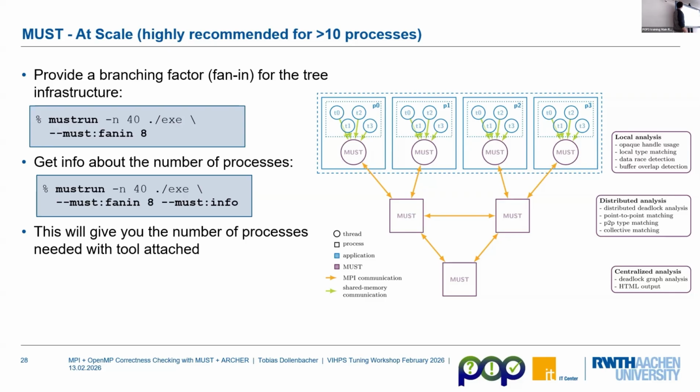To do that, you can use this --must-fan-in 8, which is a factor for MUST: how many application processes are handled by one tool process. So that's the correct thing. But to actually get the number of processes, you need to put that --must-info, which tells you how many actual processes will be spawned if you use that fan-in parameter. So for example, if you have 8